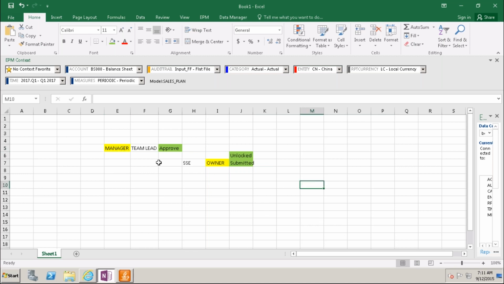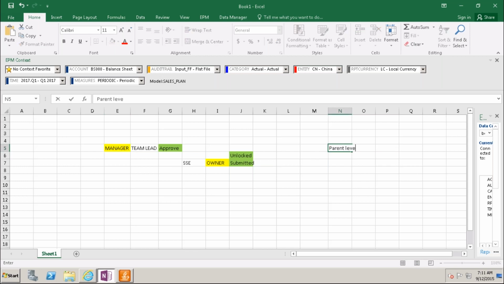For example, we will always provide the access to the managers at parent level, and for owners it is always base levels.